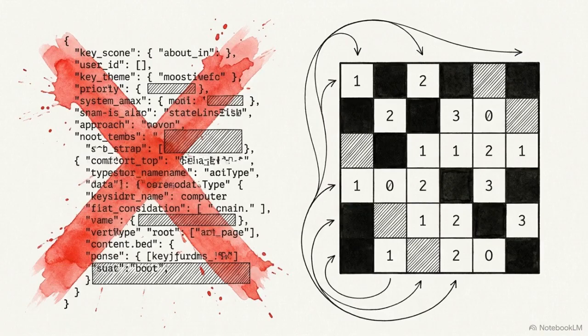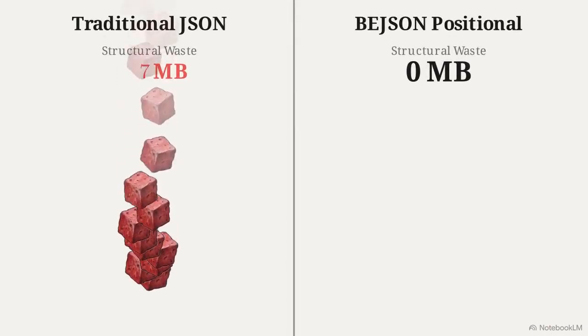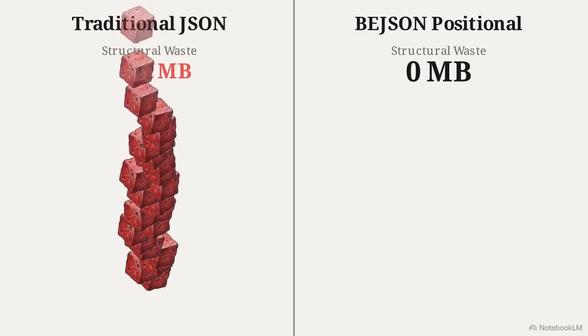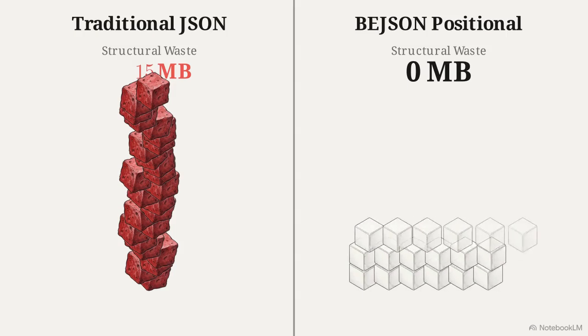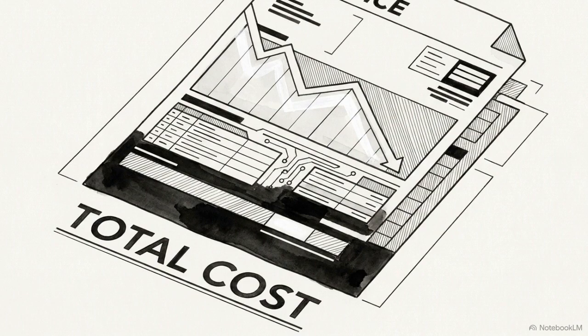When pushing data to Firebase, the client completely omits the schema headers and named fields, transmitting only a flat positional array. We can calculate the exact byte weight difference. On the left side, stacking 1,015-byte string keys across a million-row database generates 15 megabytes of structural waste. On the right, bJSON writes flat arrays, dropping the structural byte weight to 0. Writing these flat positional arrays minimizes the byte size calculations Firestore uses to generate your monthly billing fees.